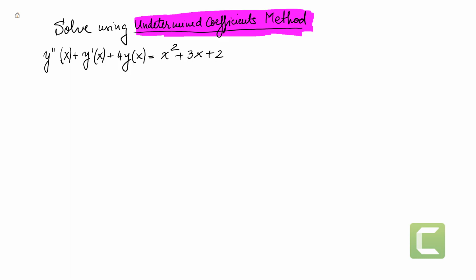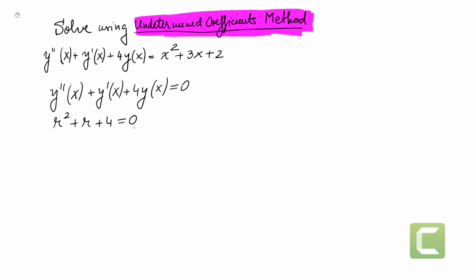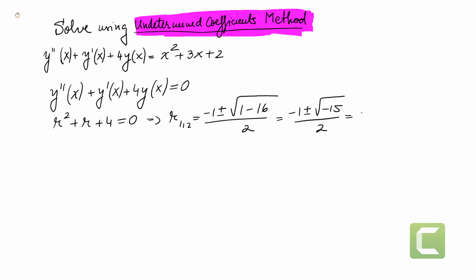Now, the very first thing that I'm going to do is solve the homogeneous differential equation. So y double prime of x plus y prime of x plus 4y of x equals 0. This is the homogeneous differential equation. So r squared plus r plus 4 is the characteristic equation, and if we solve it, we get r1,2 equals -1 plus minus square root of b squared minus 4ac over 2. So it's a quadratic equation, and we get -1 plus minus square root of -15 over 2, which gives us